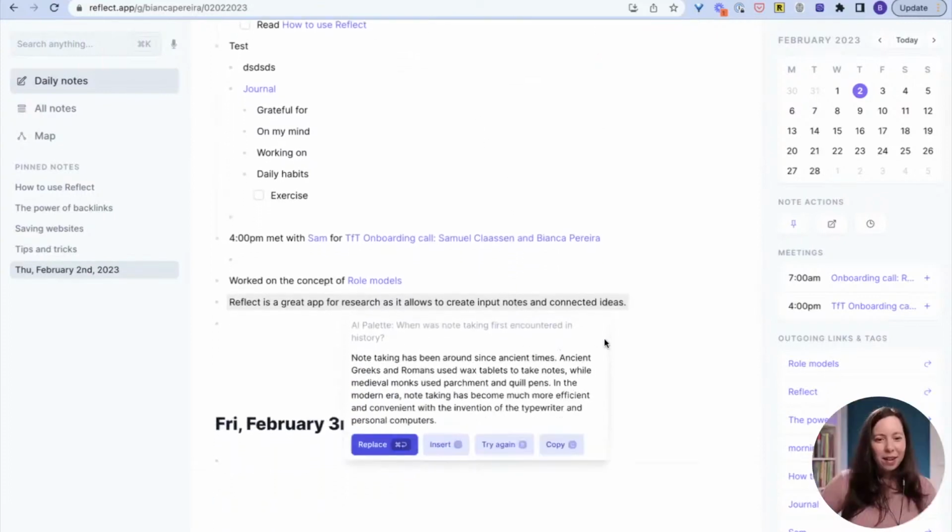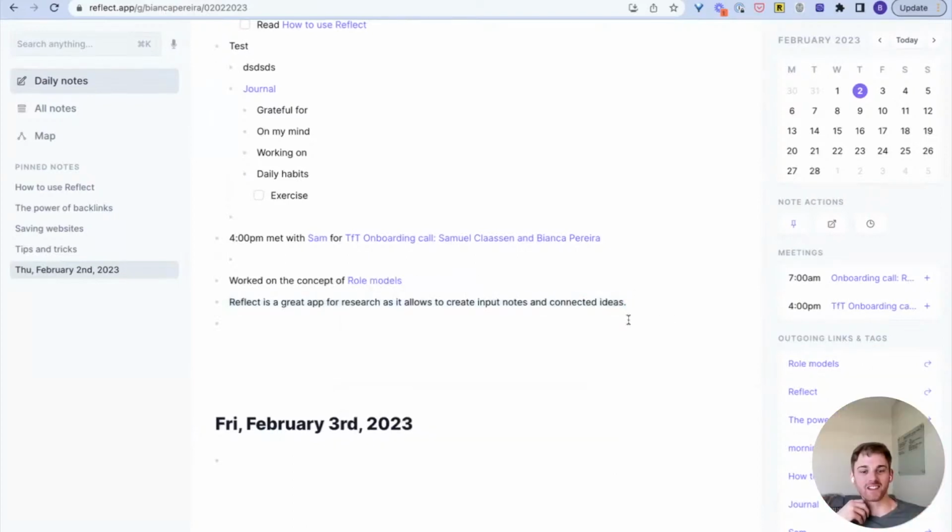Since ancient times. Yeah, that's a bit vague. Well, to start... That gets a little better. Ancient Greeks and Romans used wax tablets to take notes. Yeah, I was kind of hoping to give a year, but also if you do that, once you get the